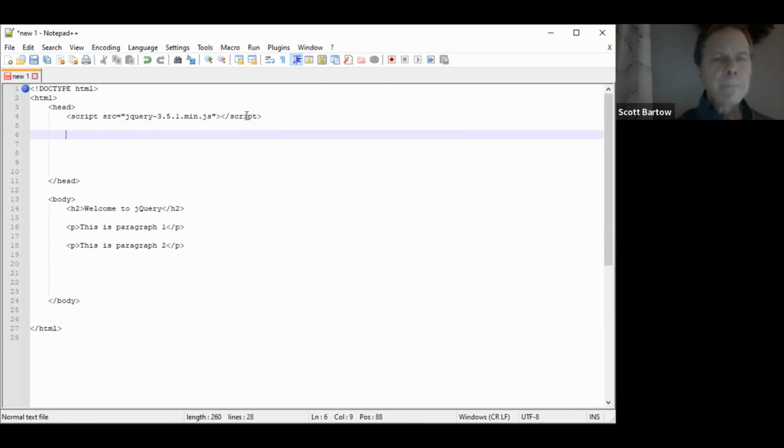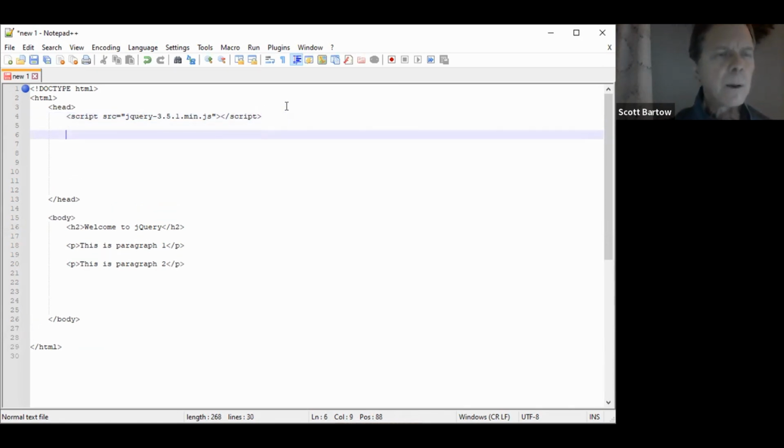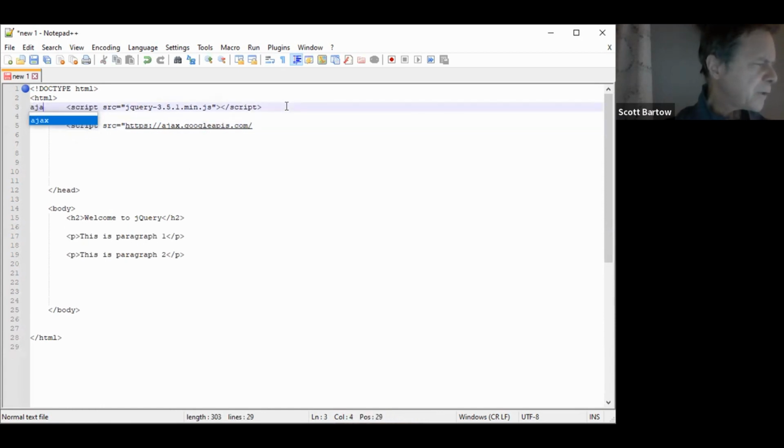So another way to do this is, we'll do a script tag, and we'll do our source inside the opening script tag and double quotes, and we'll do https:// and we'll do ajax.googleapis.com, googleapis.com/ajax.libs. Oops,